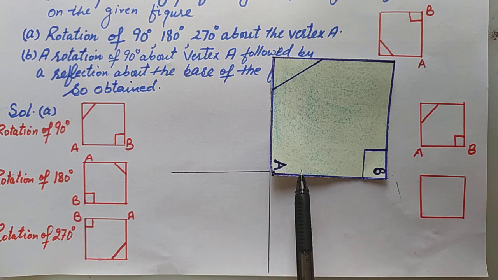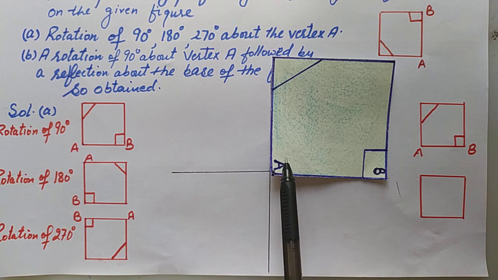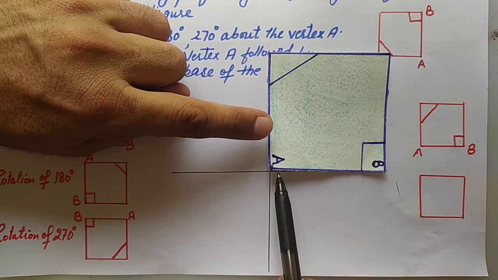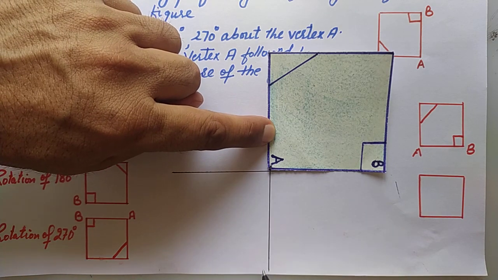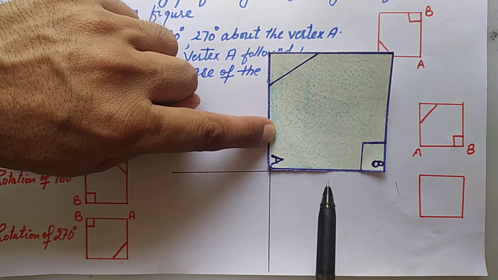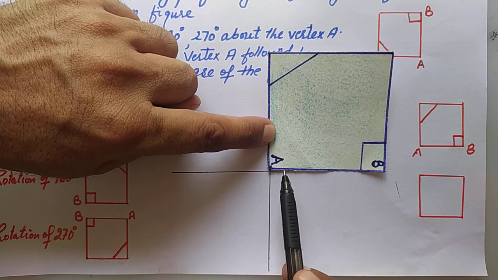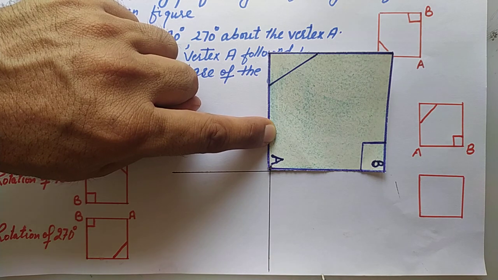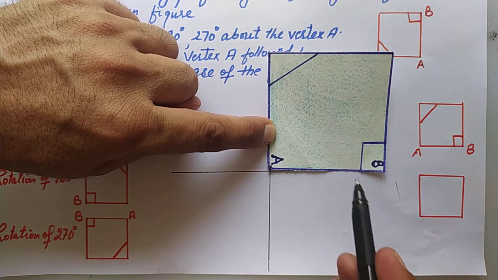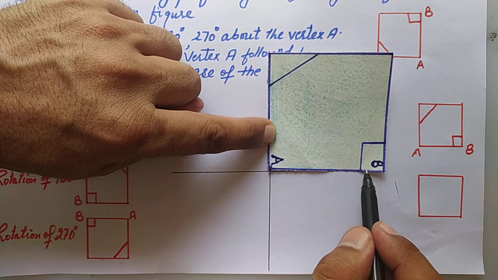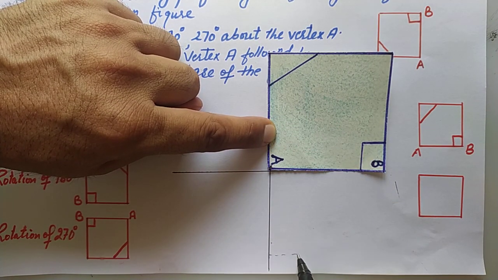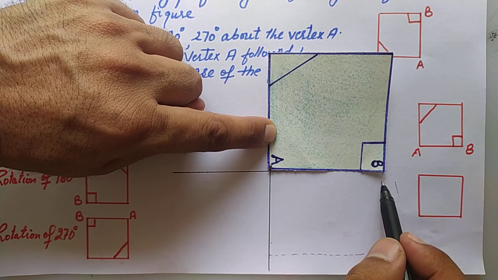Think of it as keeping this figure in front of a mirror, or above the mirror. Suppose the base is this and the mirror is this, downside. So how will this figure look? It will look like this. AB will be here and this side will come to this side, shown downward. AB will be fixed and this portion will look here. This way we get the reflection of this figure in the mirror.